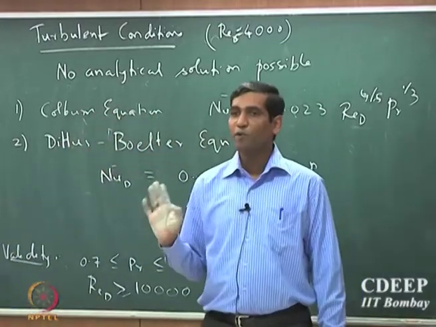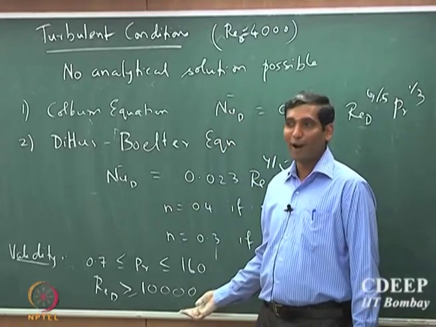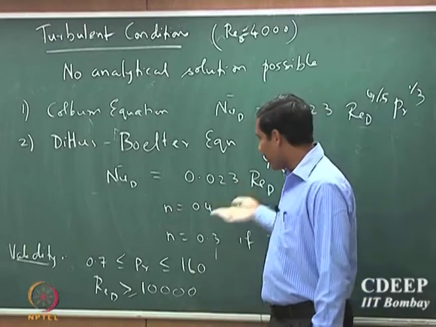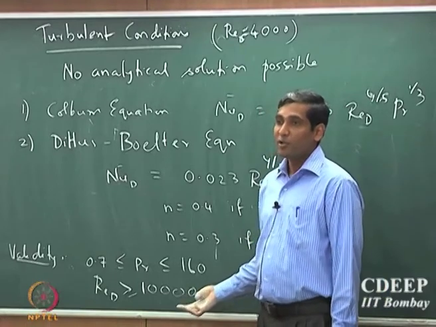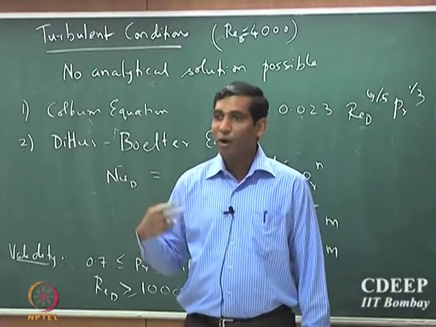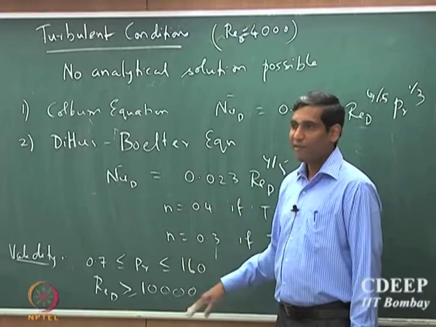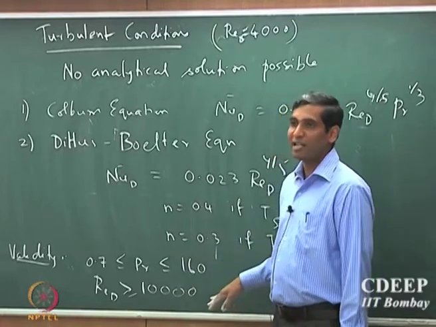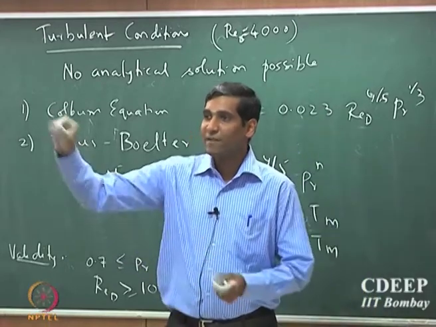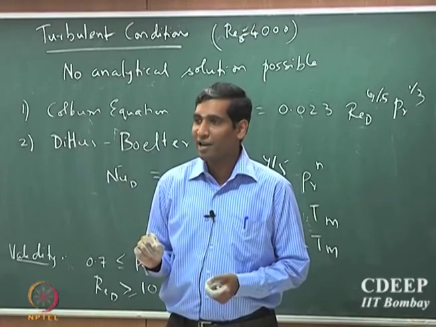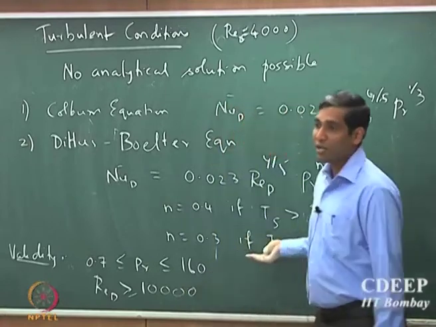Reynolds number greater than 10,000. Those of you who have already performed the turbulent flow experiments have been told that the Reynolds number should be about 10,000. The reason is that the correlation is valid only when the Reynolds number is sufficiently large. If you have not calculated and checked whether the Reynolds number is greater than 10,000, you will see a variation in your prediction. The straight line fit to your experimental data will not fit well unless your Reynolds number is sufficiently large for the correlation to be valid.